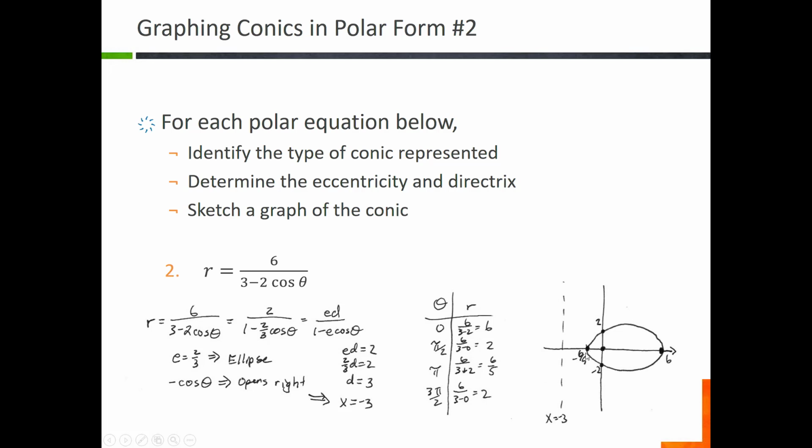In the y direction, I have a distance of 2. In the negative x direction, I have a 6/5. And in the negative y, I have a distance of 2. Now, I wrote them here as negatives. That's just more a rectangular location as opposed to a polar distance, but just so you kind of know where it's at. So once you connect those 4 dots,